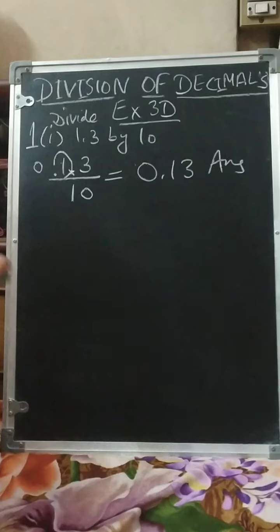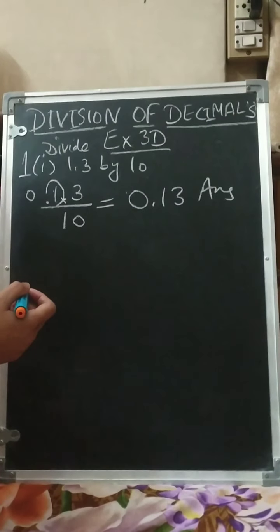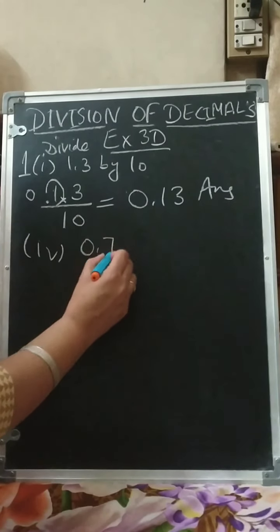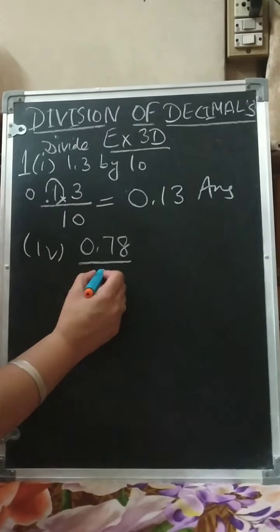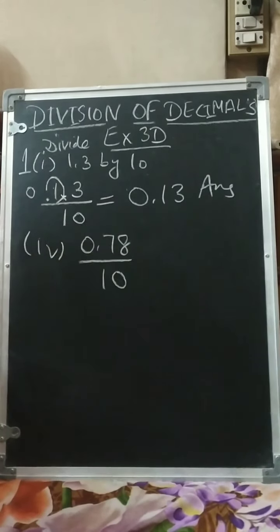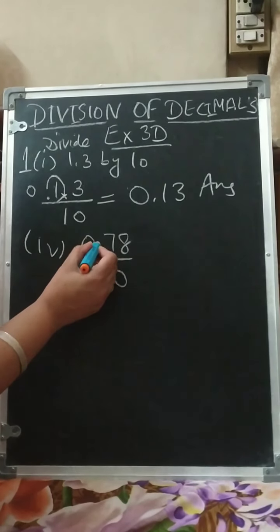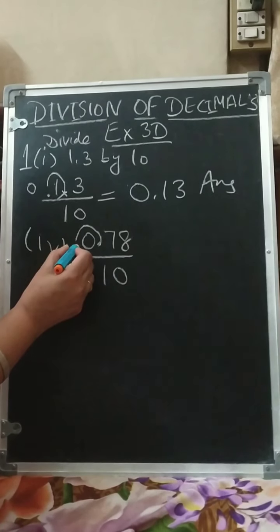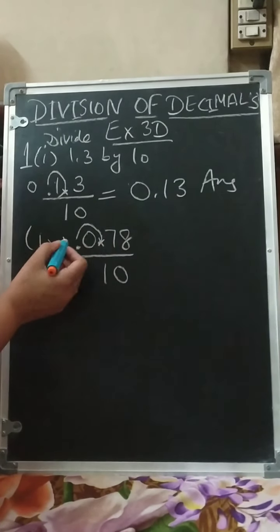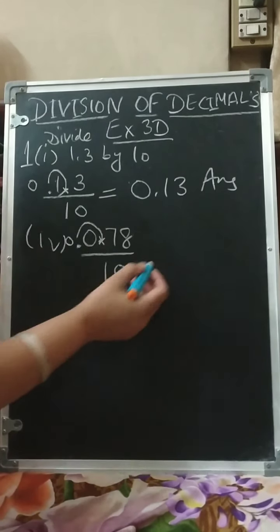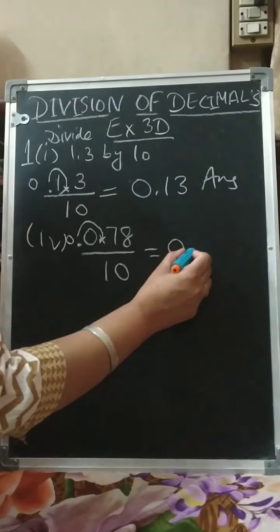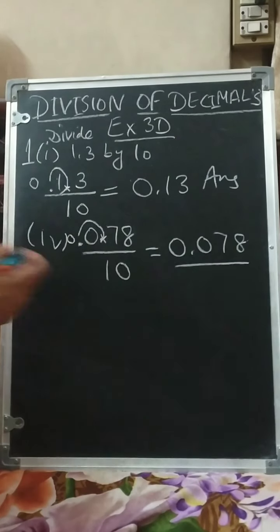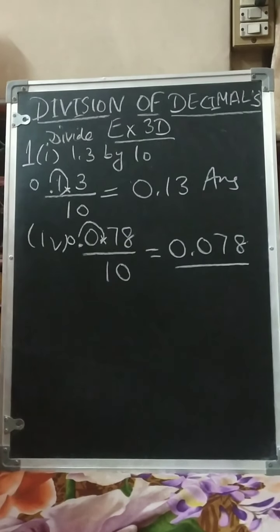Okay, now next I can take fourth part, 0.78 divide by 10. Now again same, 1 zero down, so one step back we will move the point. So point will shift here and this point can be cancelled and starting 0 you can write yourself. 0.078. This is the answer. So like this way I will tell you now how to divide by 100.